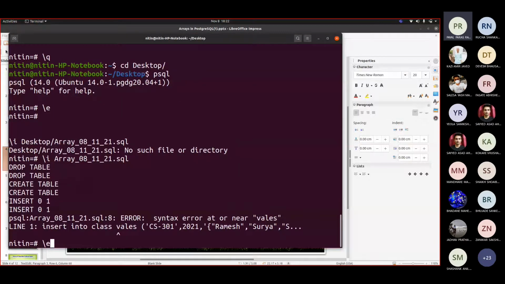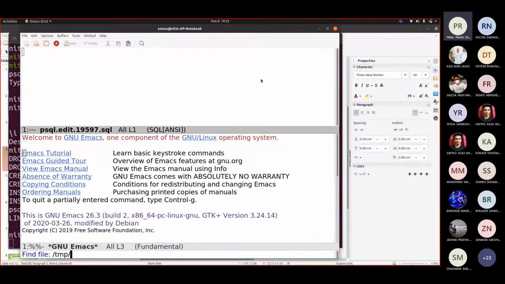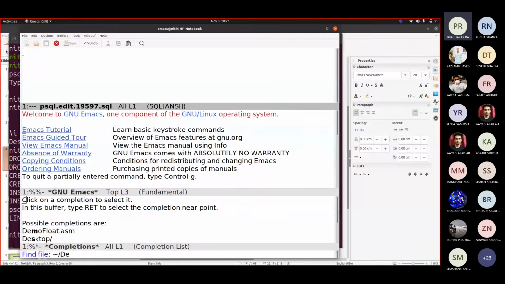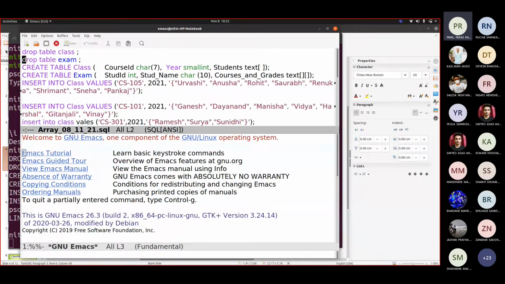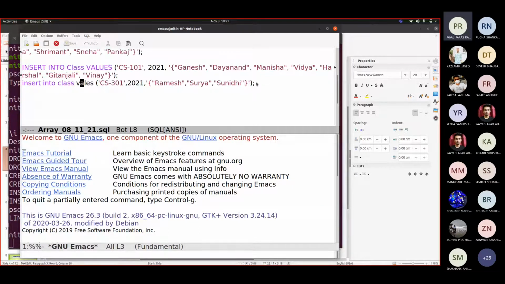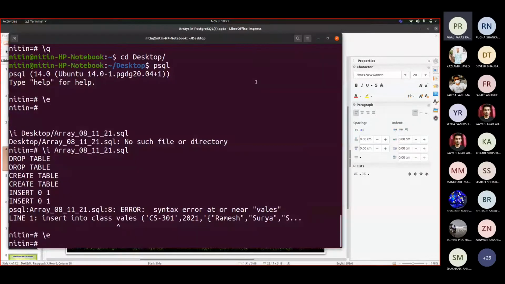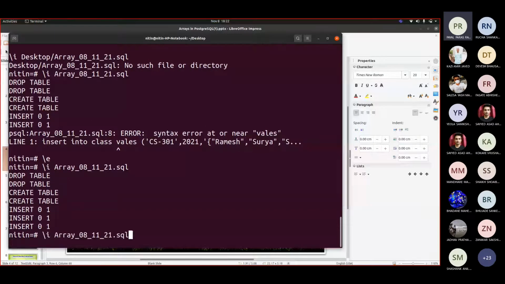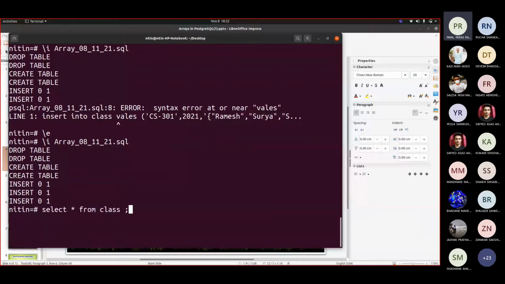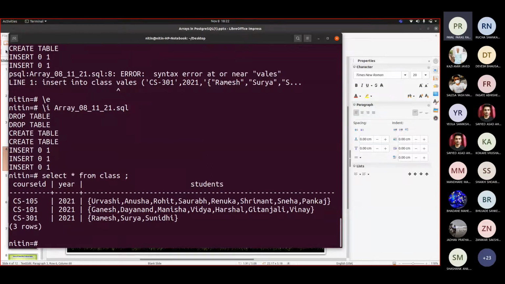Oh sorry, I made a mistake. Values. So if I fire now, select star, I can see that this is the third row that got added.